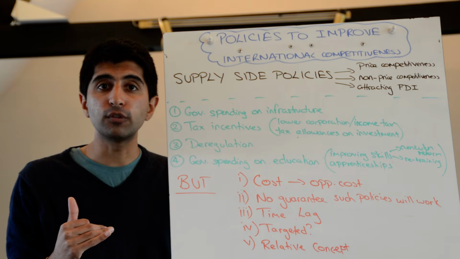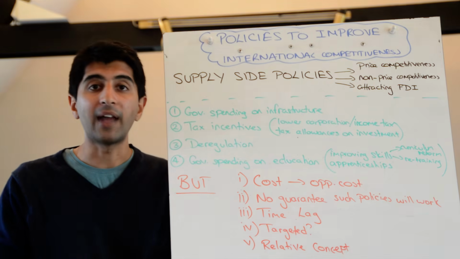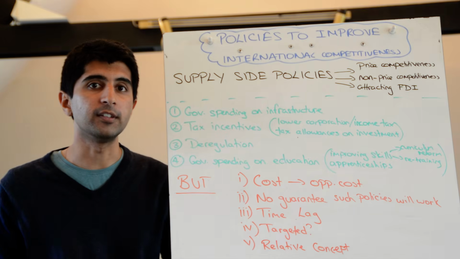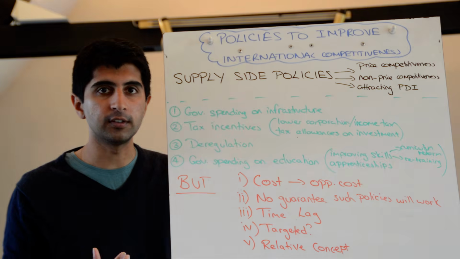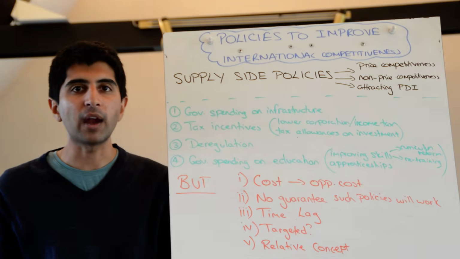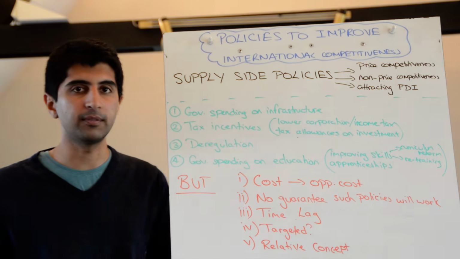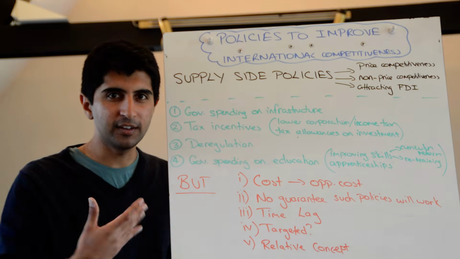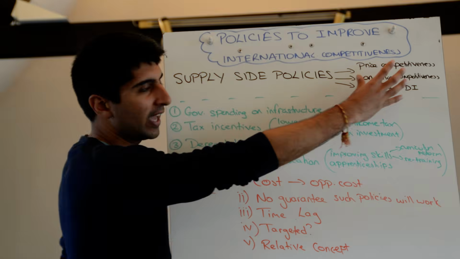That reduces costs for a business. That improves the productive efficiency of doing business. And that may translate into lower prices of goods and services, improving the price competitiveness of the nation's goods and services. At the same time, with strong infrastructure, it may become much easier to attract foreign direct investment, a sign again of increased international competitiveness. Okay, so that's the basic idea. You see how that works? Start with the policy, fill that chain out, get to the end goal.